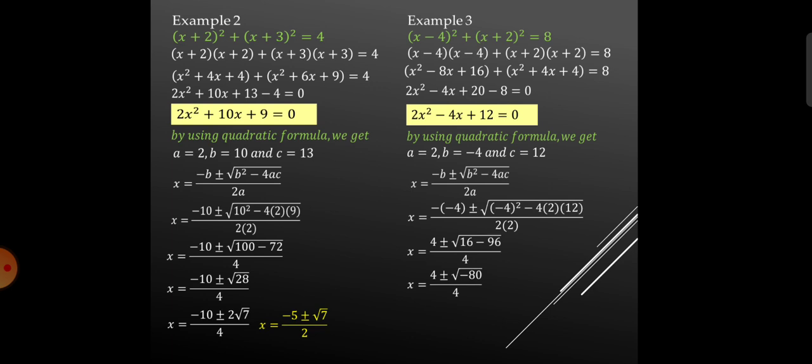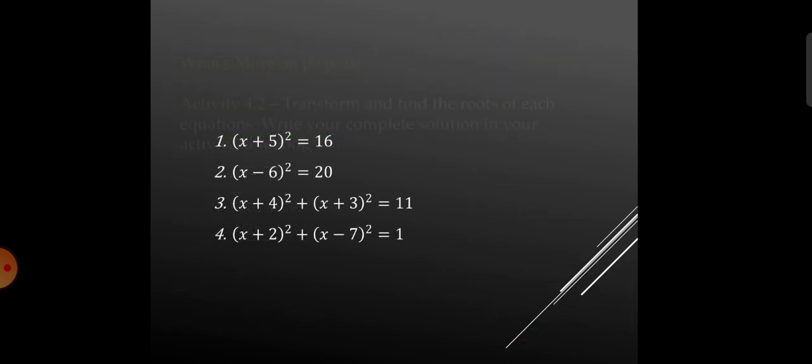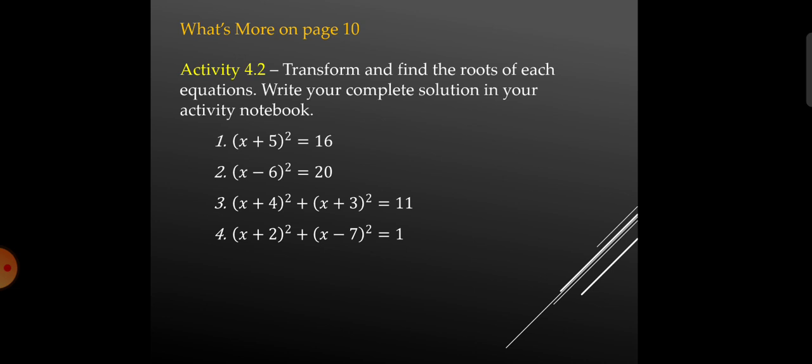And once the discriminant is negative, as in the previous module number 2, when the discriminant is negative, the solution stops. Why? The roots are imaginary. There is no real solution. Since the value of the discriminant is negative 80, there are no real roots. Meaning the roots are said to be imaginary. Okay? Understood. So for the next activity,